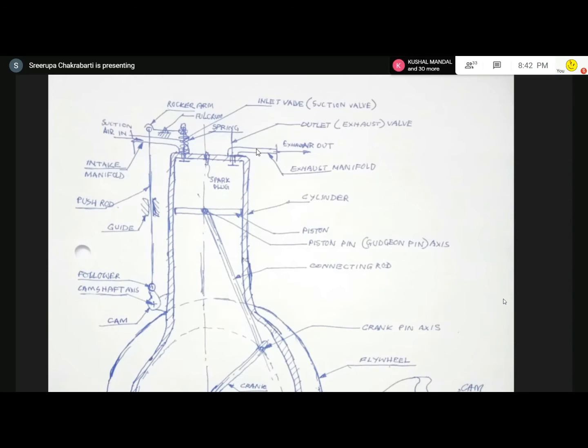Yeah, it is sitting in the inlet manifold. You are right. And the function of the carburetor is to mix air and fuel. It is air of atmosphere and fuel, petrol, in a proper mass ratio, depending on the speed and load of the engine. That is the function of the carburetor. Let us now forget it for the moment. Let us consider up to the intake manifold. Carburetor is before that.